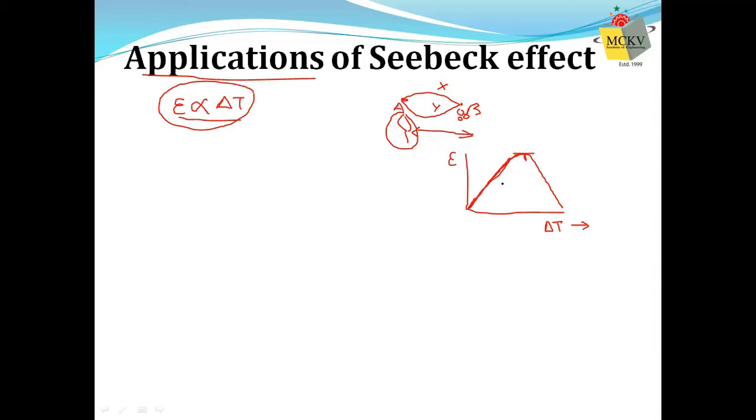So you can easily take a thermocouple. Let us say you make a thermocouple of your own of two dissimilar metals and you vary the temperature difference. That is, you increase delta T, you keep on heating this end, keeping the other end at the same temperature. If you increase the temperature difference, the EMF produced will also increase. And let us say you plot the graph and you have a graph like this.